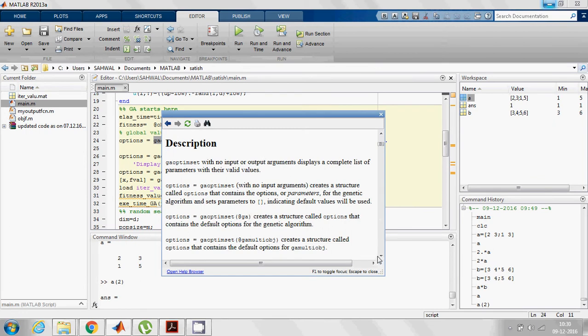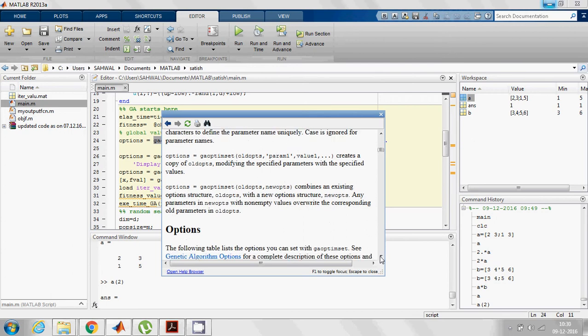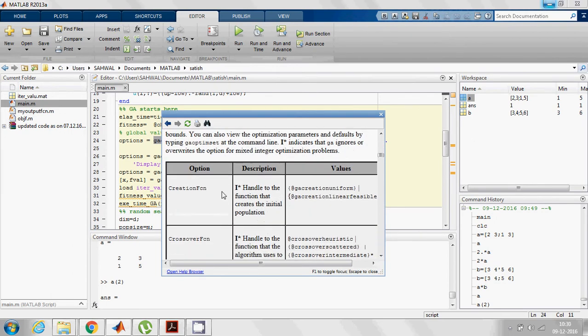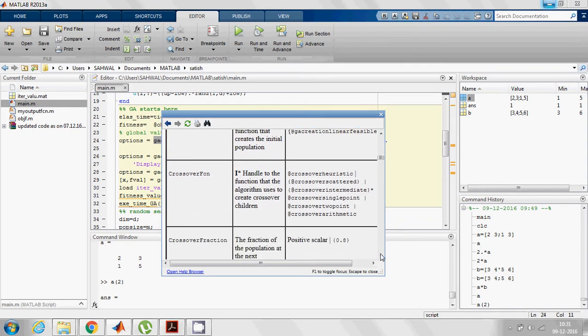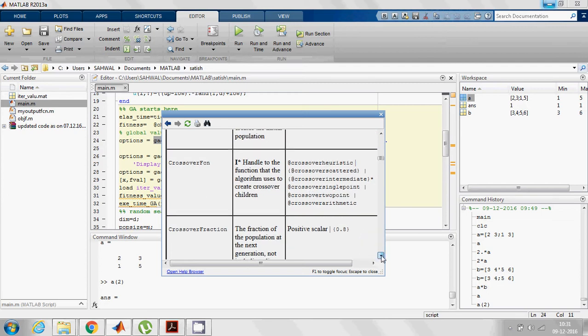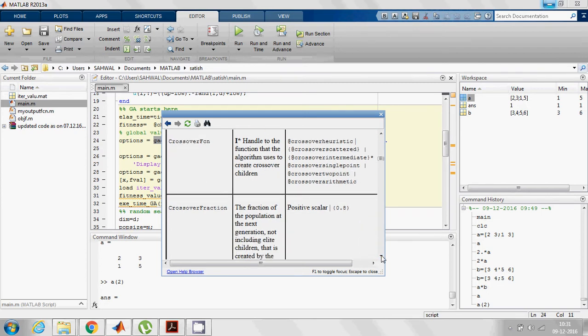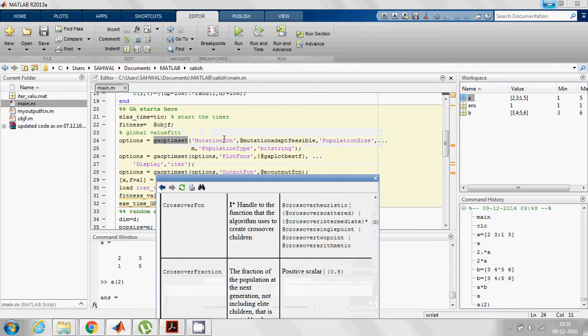Various kinds of parameters and their options are available, which help us, like if you want to create a user-defined function, then this is the crossover method function. Although these all have default values, if you want to use values different from the defaults, then you have to mention these functions. In our code particularly, we have mentioned the mutation function as mutation adapt feasible,